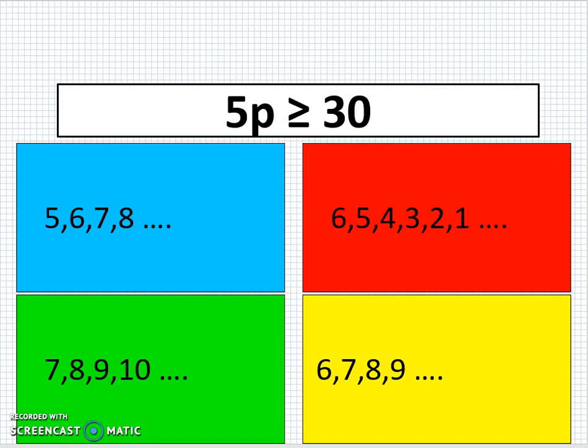So have a look at this one, have a little think. It's telling you 5 lots of p is greater than or equal to 30. Okay, 5 lots of something. Okay, so the first number that we can think of, 5 times what is 30, that would be 6. So anything that has 6 in here and any number